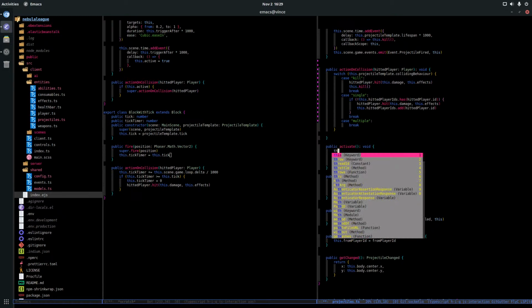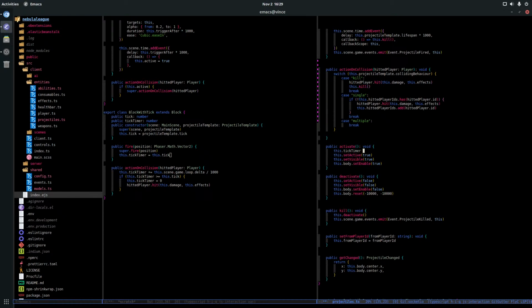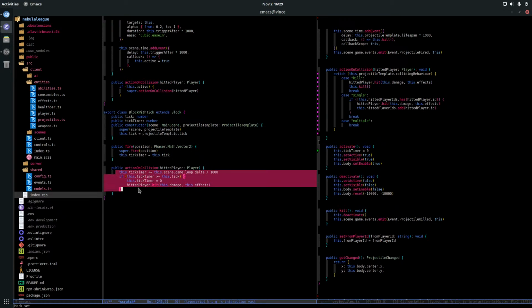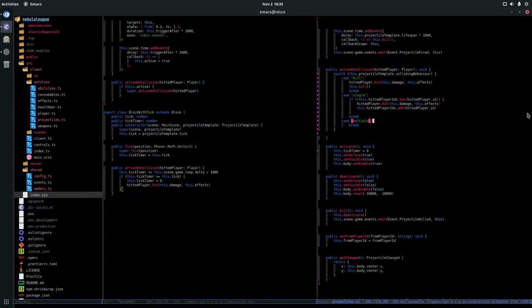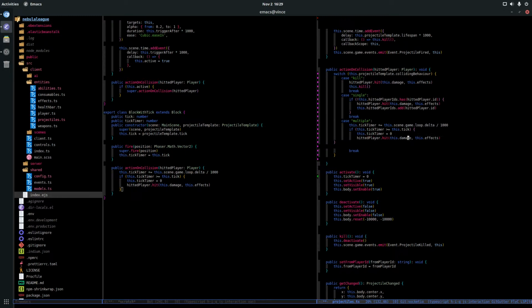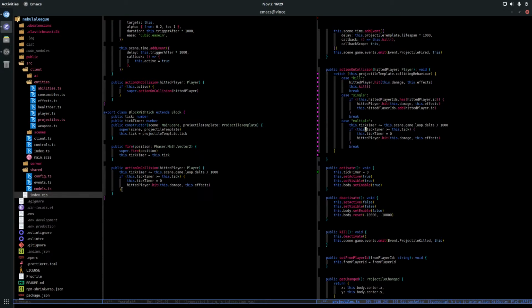I just need to do it there. But this dot tick after type timer. Okay. Yeah, that seems correct to me.